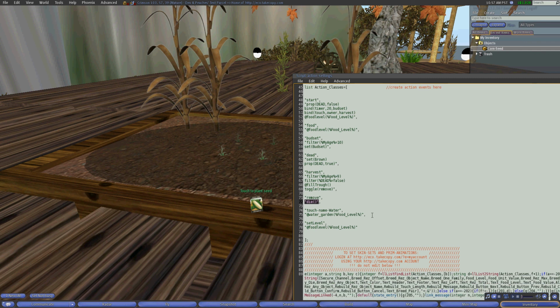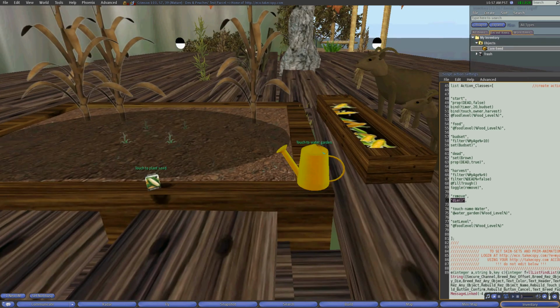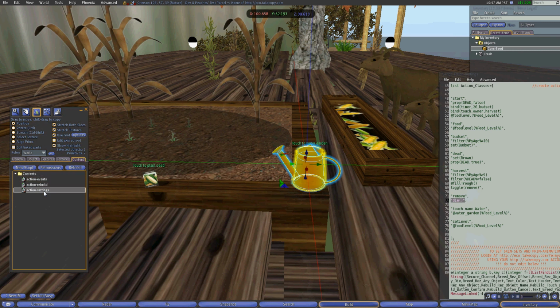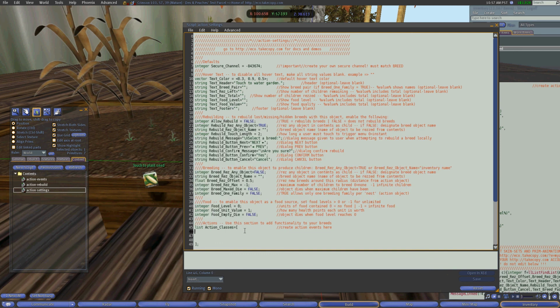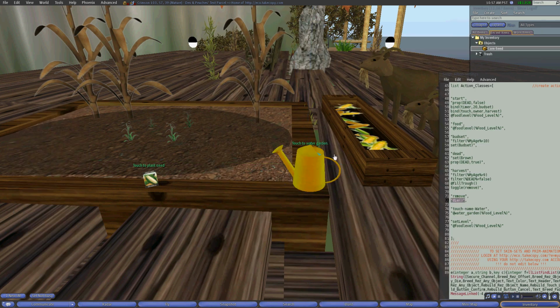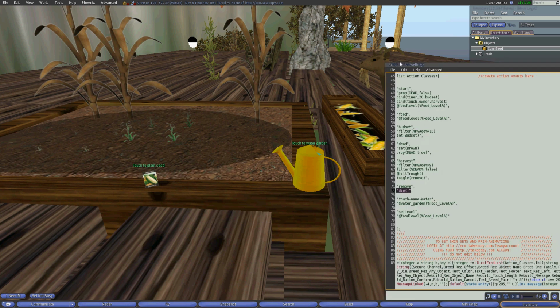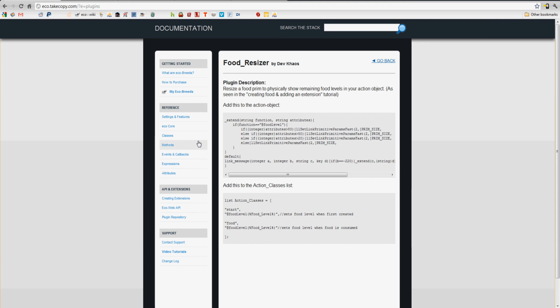And then we also have a very simple addition, and that's the watering can. The watering can doesn't need any settings at all, meaning rebuild, breeding, and food level are all false. There's no action events in the class list. It's just on the same channel as the rest of the breed content, and I named the object water. So when I click on the water, it toggles the touch name water event, which is defined in the, that would be events and